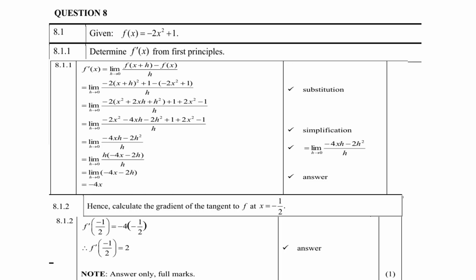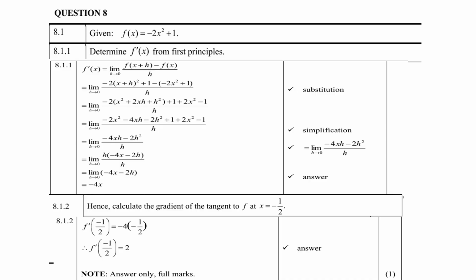until you get to the third last step, where you must take out h as a common factor. Remember, this will always happen. H will always be a common factor for the simple reason that h must cancel, because remember, division by 0 is not allowed. So people, if you don't get to that step, then you must know I must go back because you've made a mistake somewhere along the way. So please remember that. Then of course the limit as h approaches 0 of minus 4x minus 2h will then be negative 4x.